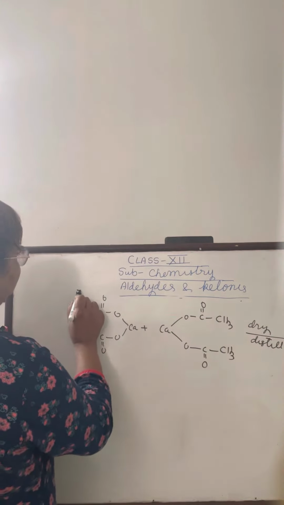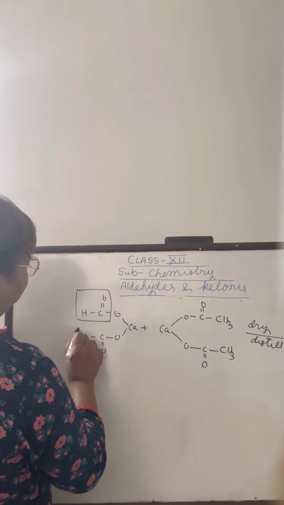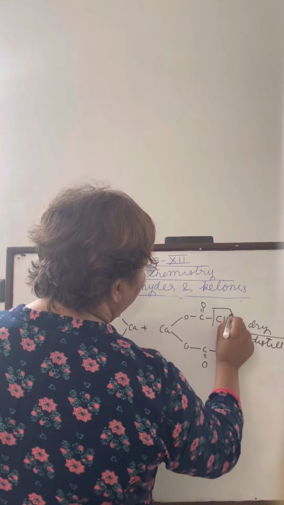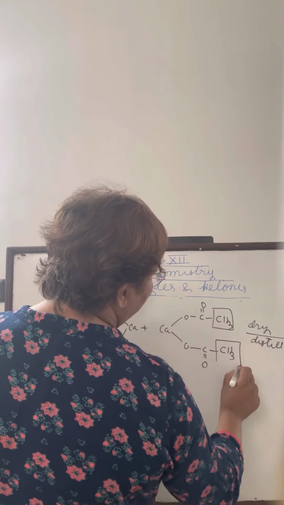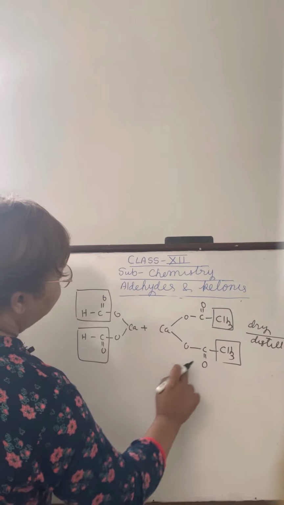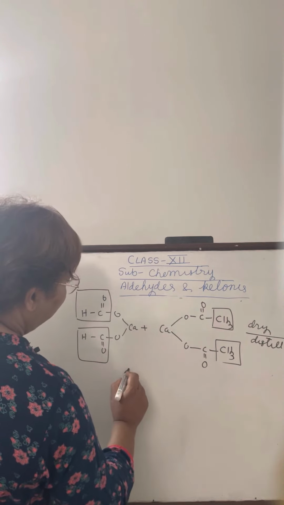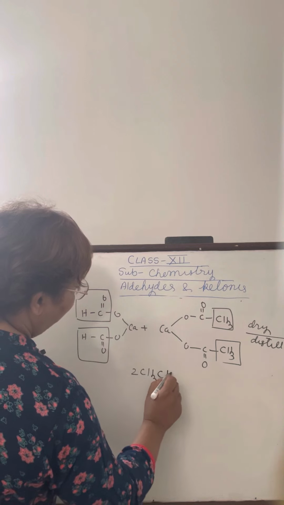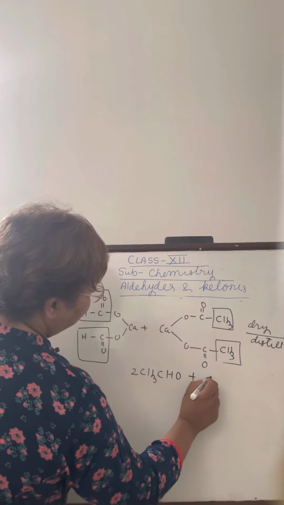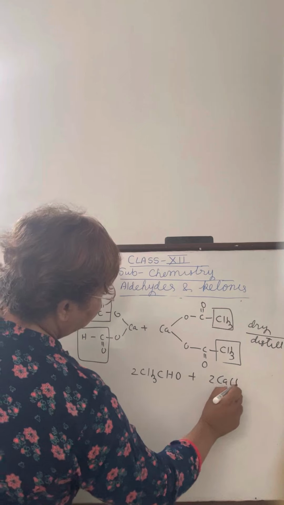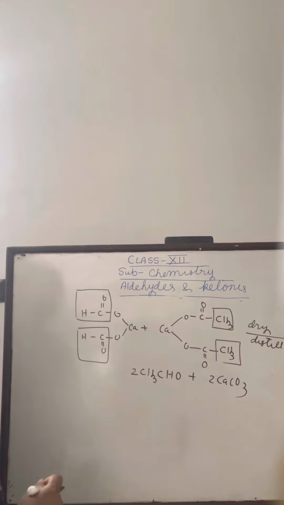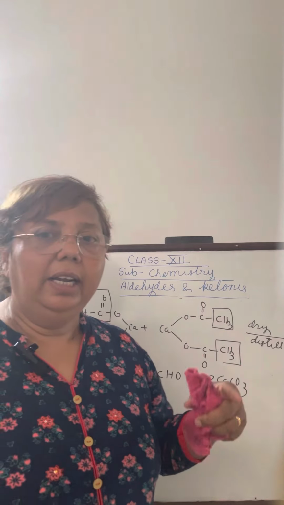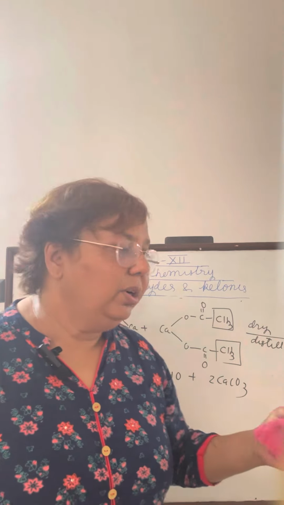This calcium formate will provide you the CHO group in this way, and this will give you CH3, and the rest part will join to form calcium carbonate. So we get 2 moles of CH3CHO plus CaCO3. If you want to prepare some other aldehyde, a higher homologue, then you change